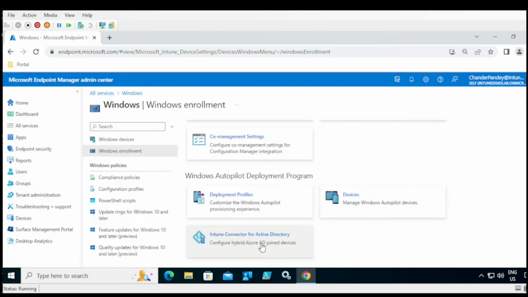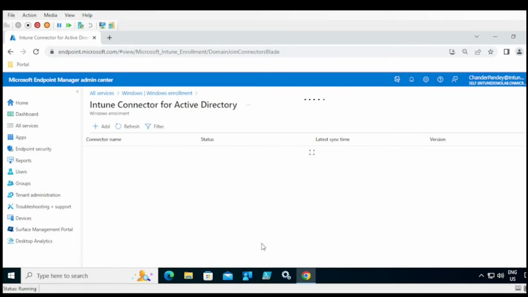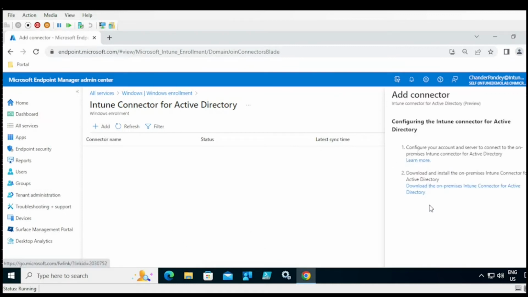Coming to the Intune connector, this is required when you are going to perform a hybrid AD join Autopilot, and you want to enroll a device in the on-prem environment, or domain join the device in the on-prem environment. You need to add the new connector. You need to download the setup file, and you need to install it on your on-prem AD connector, create some permissions, and then